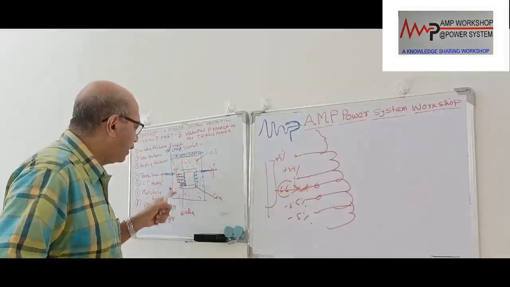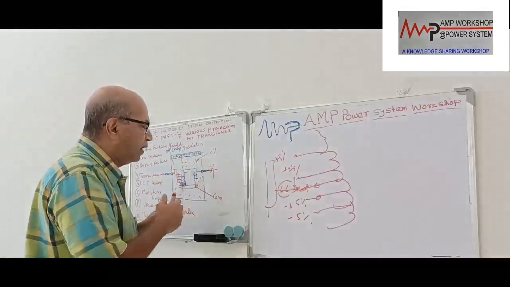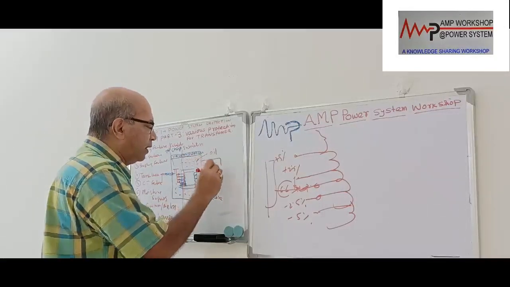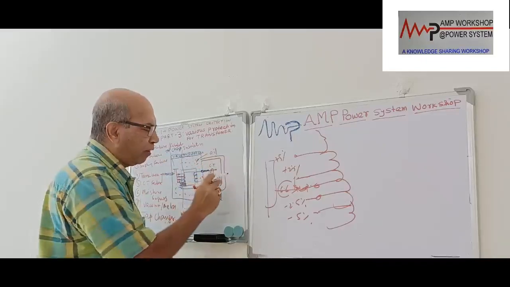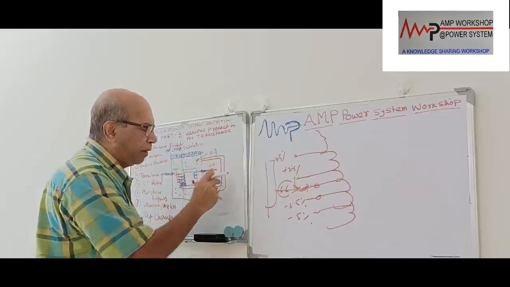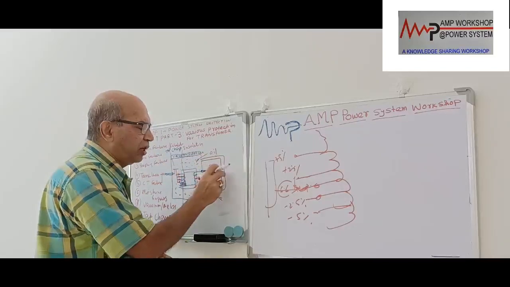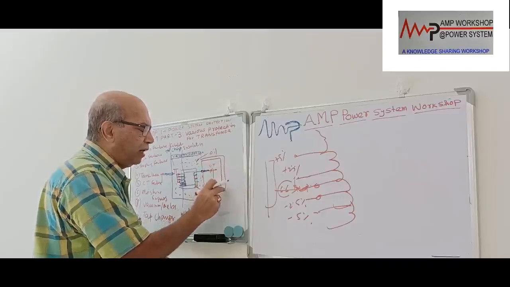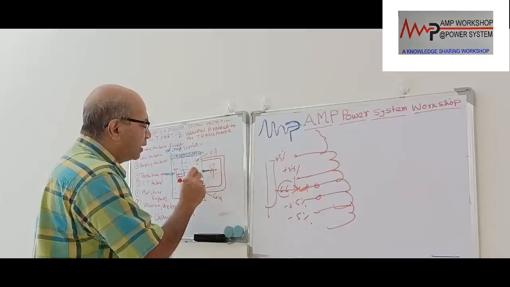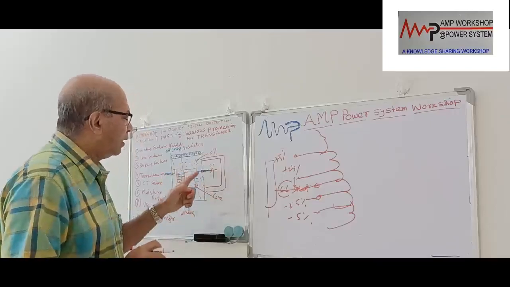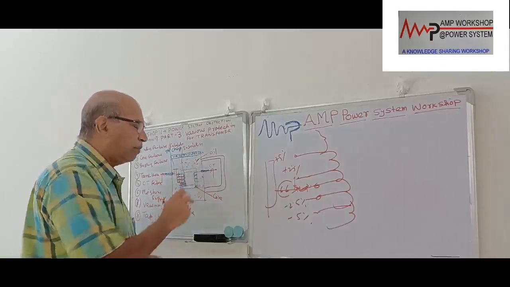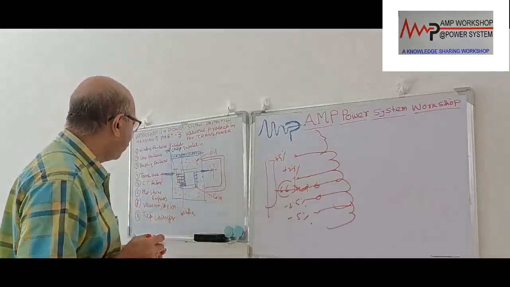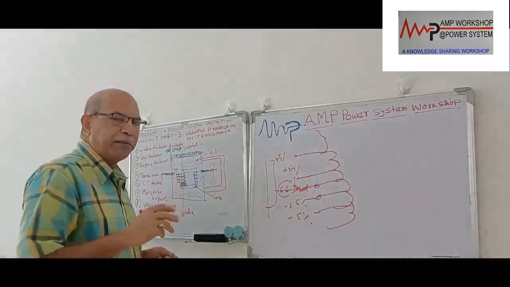Then the oil is filled in a tank, and this tank has a radiator. We already discussed that the tank has a radiator. This radiator is very thin, about 1.5 millimeter, even 1 millimeter thin plate. So if this radiator leaks, or there is a leak from the bushing where the inside oil is, then there is leaking of oil from this transformer tank. So this is another possibility of oil leaking. That is also one type of failure. And we have seen the various protections.